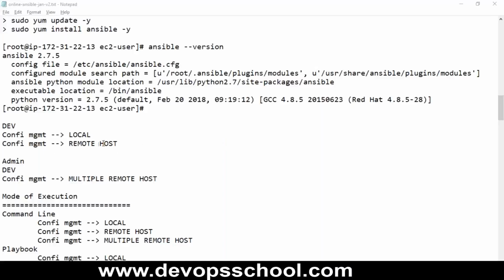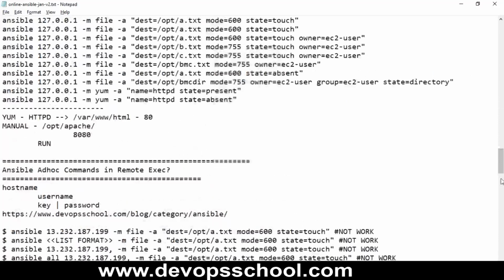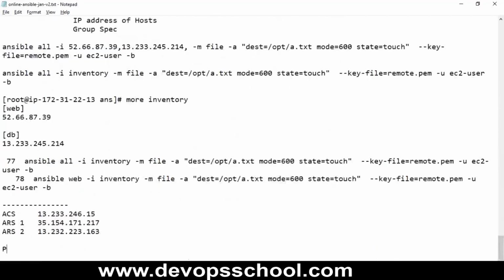So in the last session, we talked about how to do configuration management on the local machine, and then we also discussed how to do configuration management on a remote host. Now the next thing is how to do configuration management with multiple remote hosts. That we also did through, let's say, an inventory. The challenge here, the next problem, is how to do configuration management on multiple hosts,